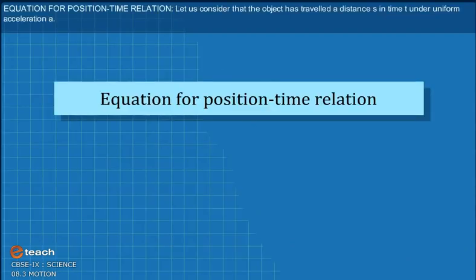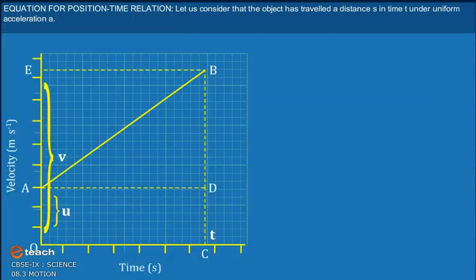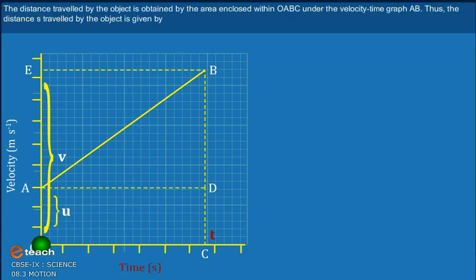Equation for position-time relation. Let us consider that the object has traveled a distance s in time t under uniform acceleration a. The distance traveled by the object is obtained by the area enclosed within OABC under the velocity-time graph AB. Thus, the distance s traveled by the object is given by